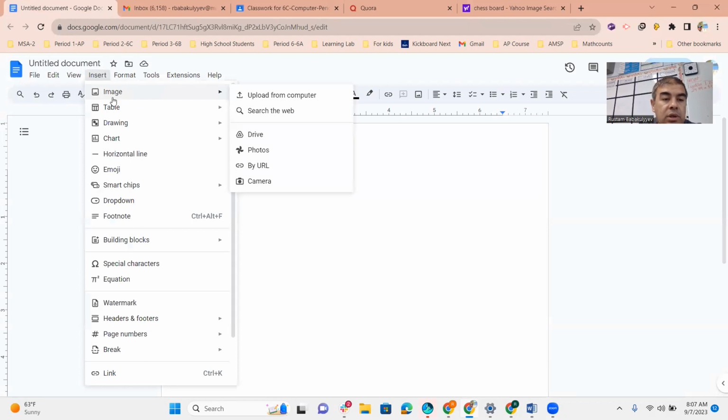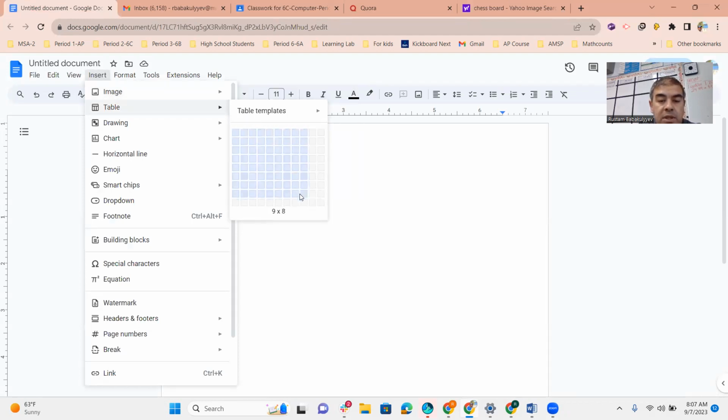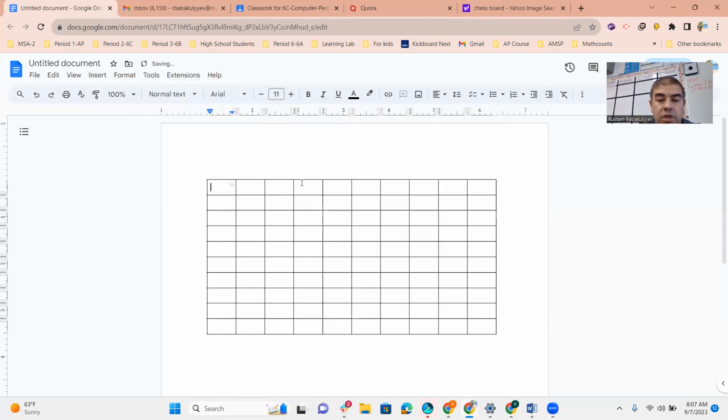Insert table. So it's going to be 10 by 10. Let's drag it. There. This is a 10 by 10 table. So guys, again, we're going to do a chessboard, and I'm going to explain how to modify the table,